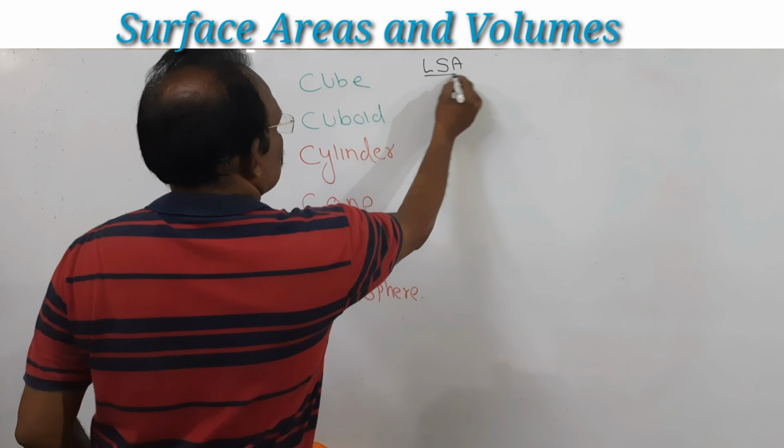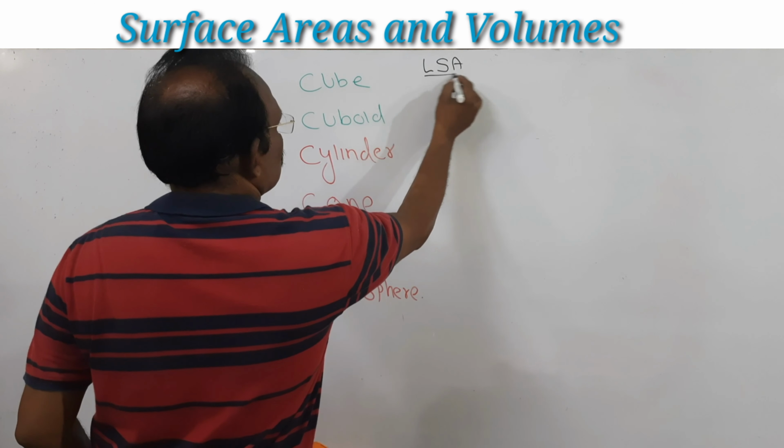Now, what is the total surface area? TSA means total surface area. I have told you, total surface area for the cuboid means these four sides, 1, 2, 3, 4, the above one also and the below one also. So how to calculate the total surface area? Simply learn this by heart: 2 into (L into B plus B into H plus H into L). These are the total surface area.